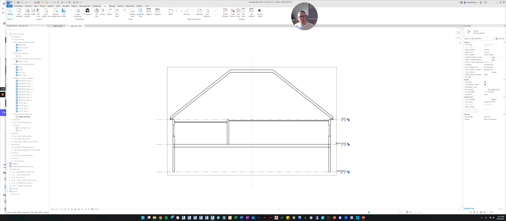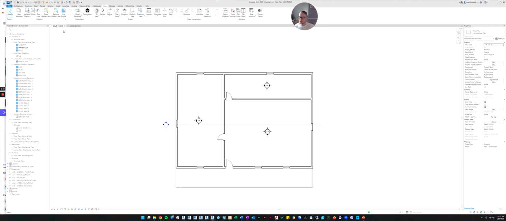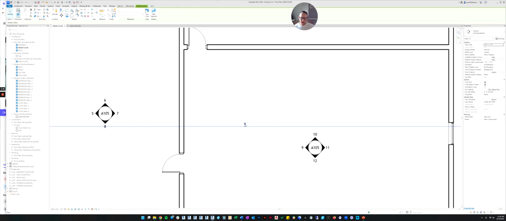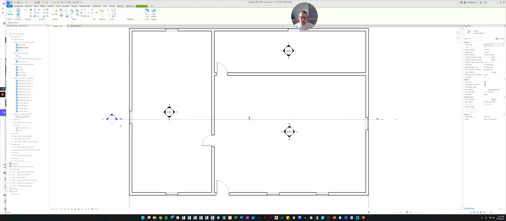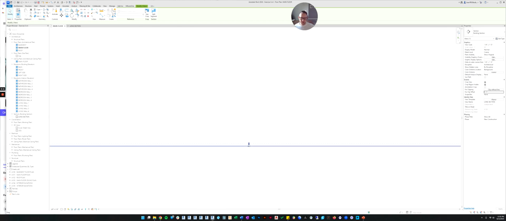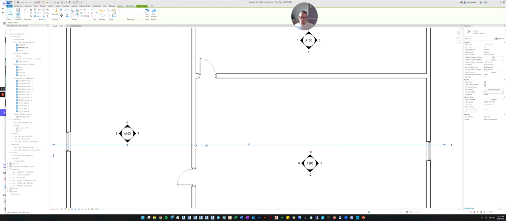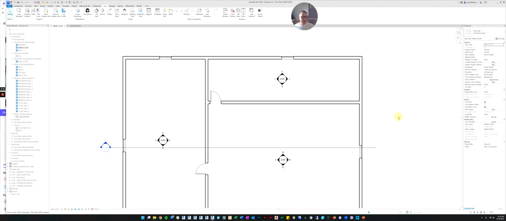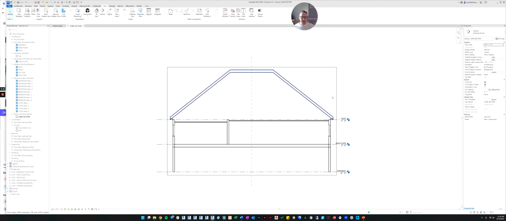That is another way to change the depth of the view. So let's look at the floor plan right now. You can see if I click on it, it's got a very shallow depth. When I drag this arrow, it actually changes this far clipping offset. Now it's 22 feet. If I want it to be just 1 inch deep, I can click 1 inch, and do you see how it moved the far clipping region to just 1 inch away from the front of the view? So that's another way you could do that if you would like.